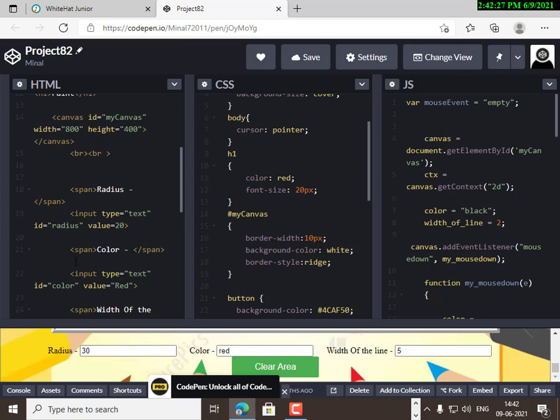Then we will again open the span tag and color hyphen span. So for this text we give span. Then again input type equals text, id equals color, value equals red. So here the value will be red when anybody comes to this page. Then